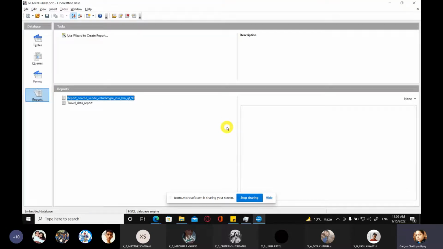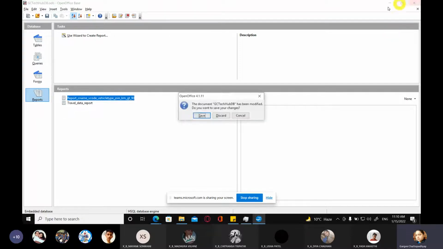This is an internal bug or a glitch of the Open Office software, right? We cannot do anything about it because we are not the developers of the software, but we can always look for other alternatives. So this thing we will now be seeing in LibreOffice Base. So students, please be very careful with the report part. For understanding how to create reports, please use LibreOffice Base only. Rest all you can use Open Office Base, but for creating reports, always use LibreOffice Base.